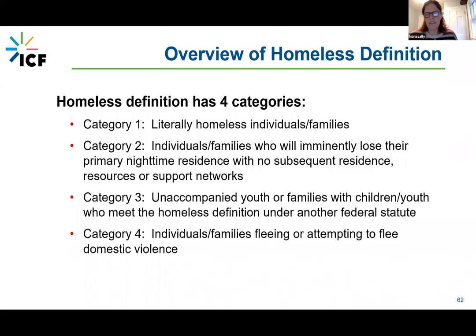They are all considered under the category 1 definition, literal homelessness. The third element of the category 1 definition is people who have been in an institution, in a hospital, in some sort of rehab facility, in any kind of institutional stay for a certain period of days. The ESG-CV notice expanded the number of days to 120 days. And for annual ESG, it's 90 days.